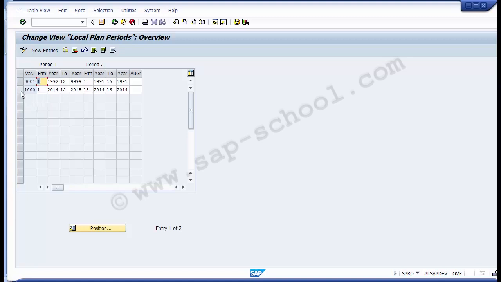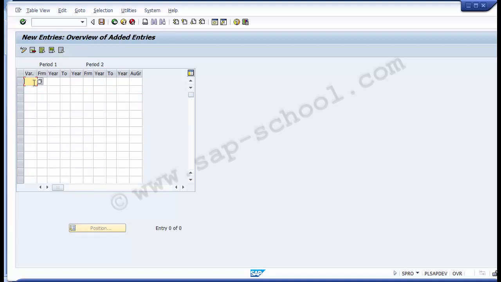Similarly, you can select one of them and copy it. That is one of the options, or the other option is to go for new entries here on the screen. It's up to you which of them you want to go for. Suppose we go for the new entries. Now we can go for the new entry here. We can create a variant. Suppose I create a variant